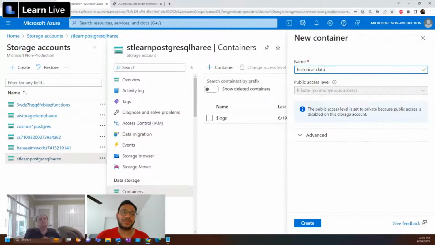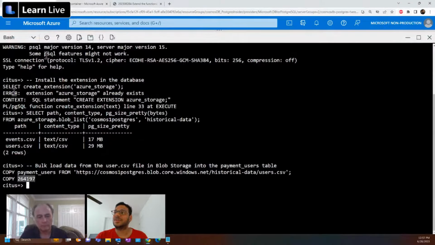You can load the data either using a simple drop down, or the exercise has a curl command. Once you have that information, you create the extension. You add that storage account with the access key to your PostgreSQL instance. Once you have that, you load using a simple copy command. I already copied one of these files. And let's see, the next step is going to be